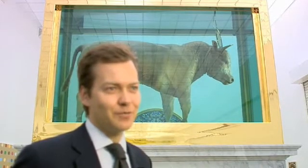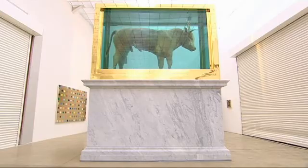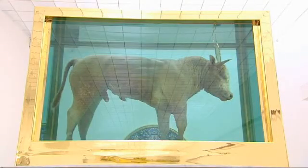I think that when you stand in front of a work like this, it's very difficult to describe literally just how exciting and heart-stopping this experience really is. This whole sculpture is nearly 4 meters in height and practically about 3 meters 50 wide by the time you include this extraordinary Carrara marble-clad base, and then on top of that, this breathtakingly beautiful tank, which is literally plated in 18-karat gold. And I think just the sheer nobility of the beast, this 18-month-old calf that's been used for